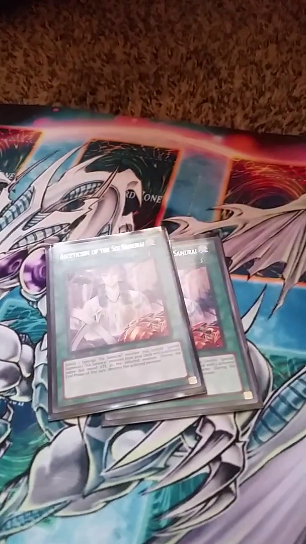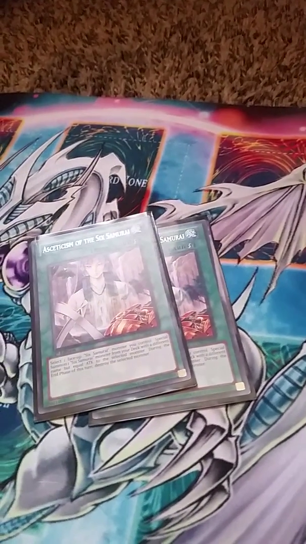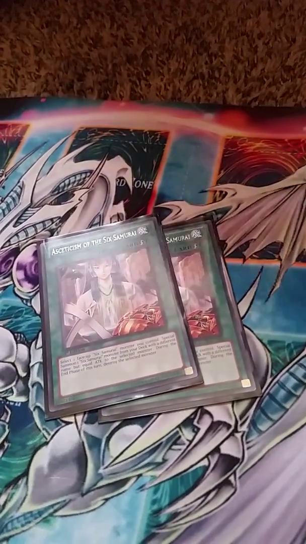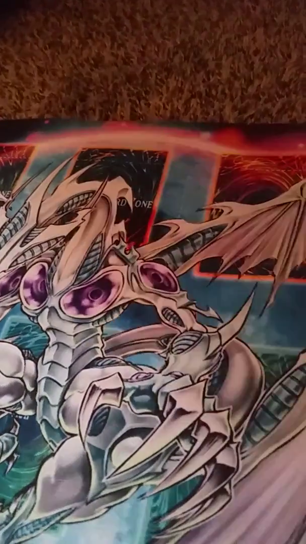It's a great card. It helps out synchros in case, say, you have an Elder on the field but you just don't have that Kagemusha in your opening hand. This allows you to summon it and gets out your boss monsters extremely quickly. Next,